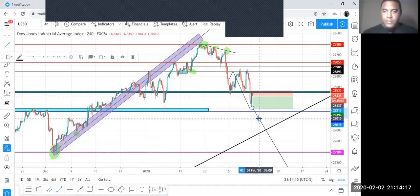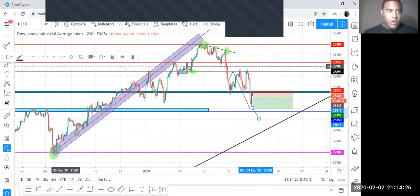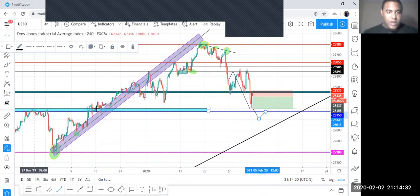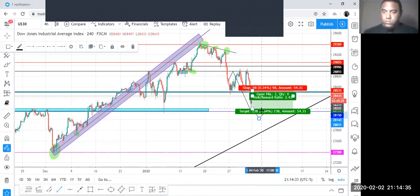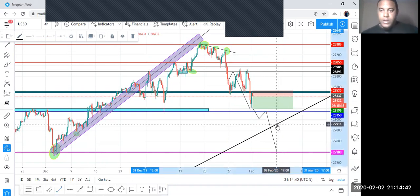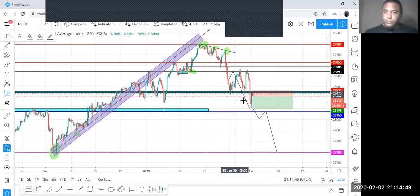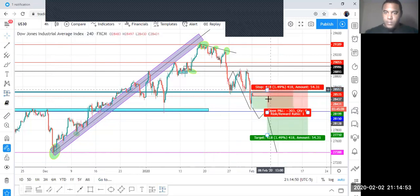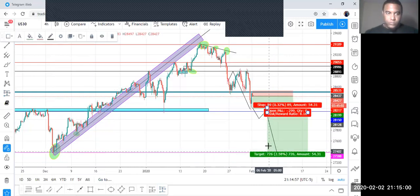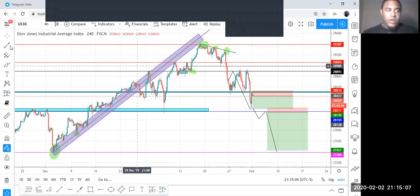If price breaks this level, then we're going to look for a retest of this level where price found resistance in the past. Support here, support, support. Once it finds resistance here, then we'll ride it down here. So I'm looking for it to continue dropping. The support level will be my second target. Once price finds resistance here, then we'll look to ride it down to here. Once we get this confirmation of the break and retest here with the market trending down,